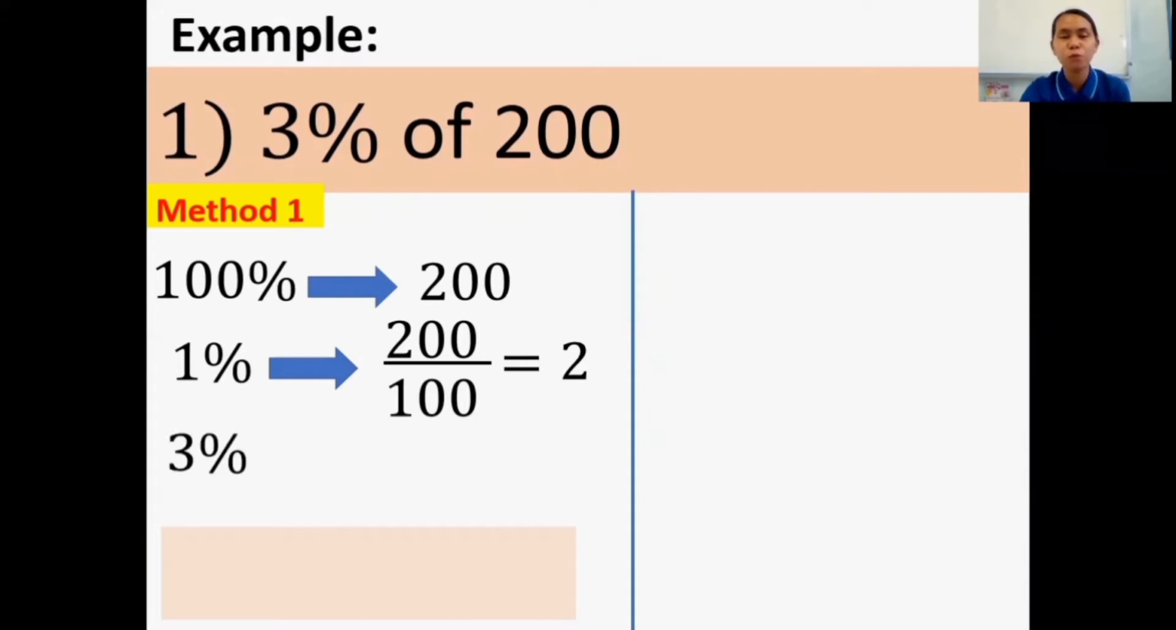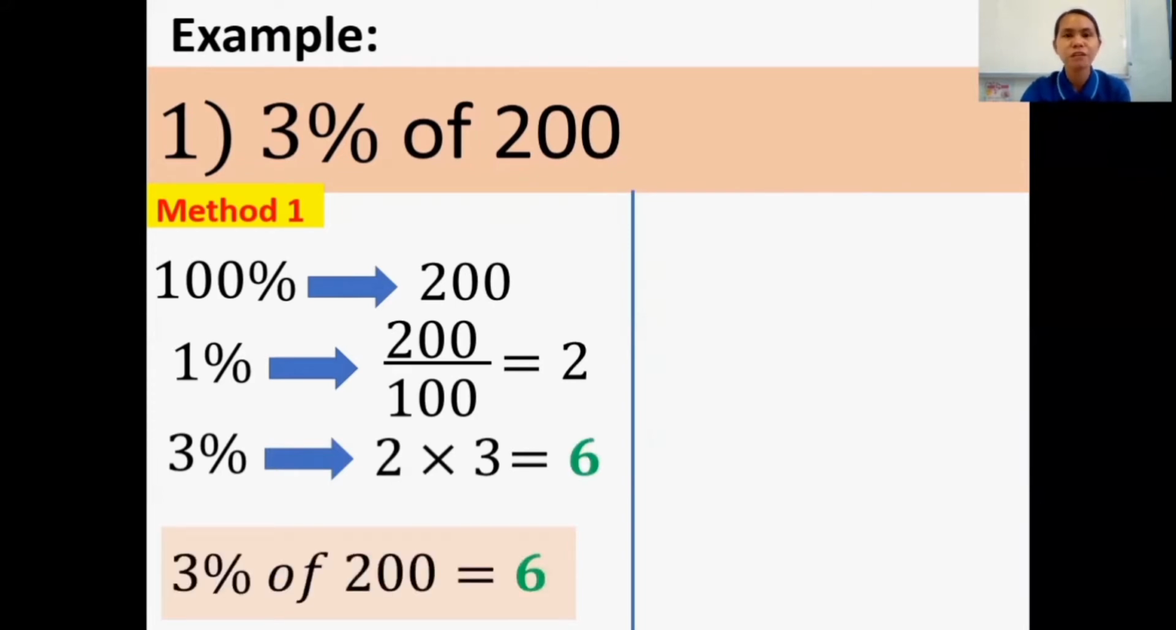So we will just multiply that to the 3%. 2 times 3 is equal to 6. Therefore, 3% of 200 is equal to 6. And the other way, method two,